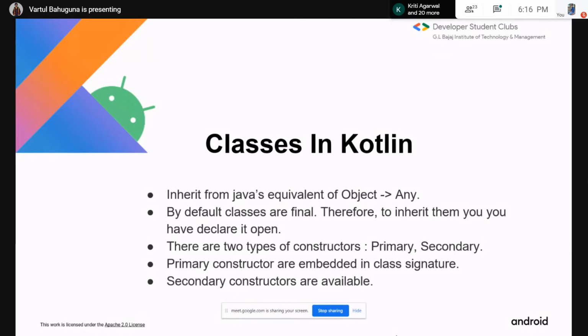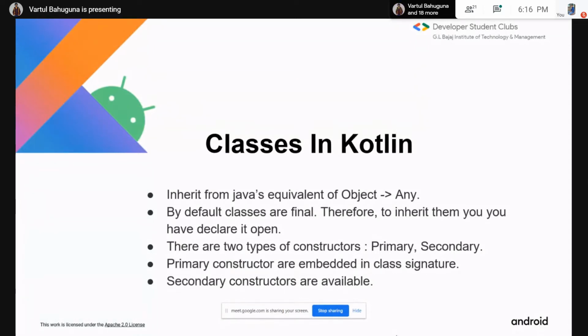So in brief, classes are used to group all our data together. And also classes are an important topic of OOPS, that's object oriented programming. So all the programming languages that are based on OOPS have this concept of classes. Classes also have a concept of inheritance. Rather than writing your code again and again, you can make a base class or a parent class, and then inherit that parent class.